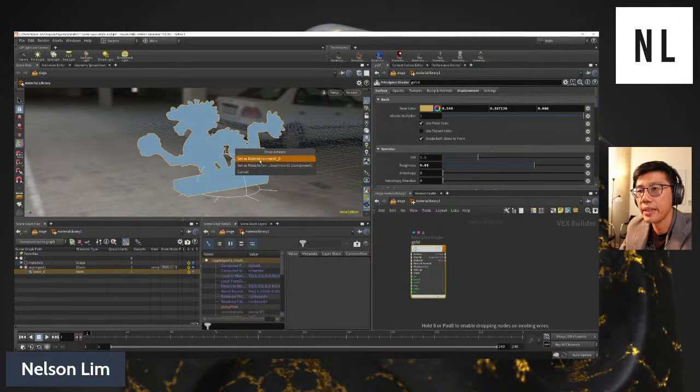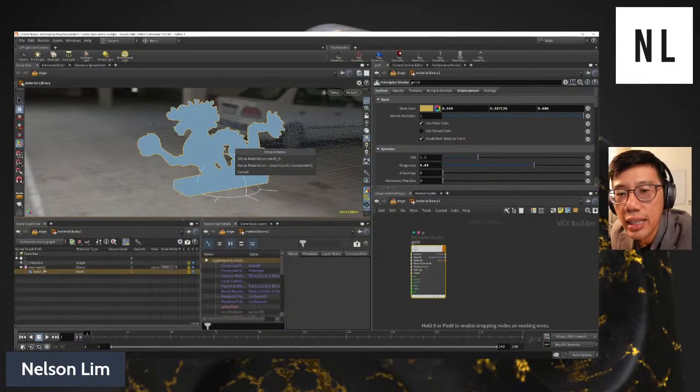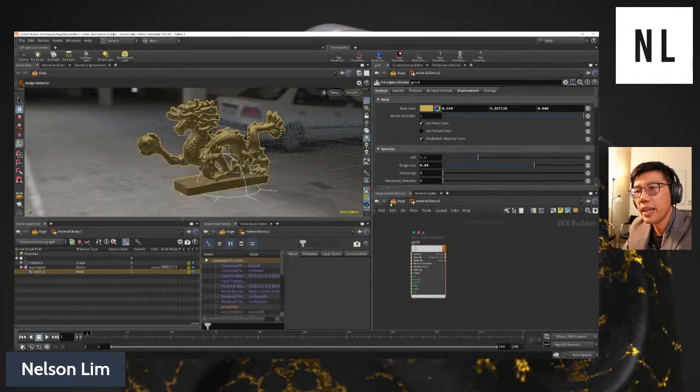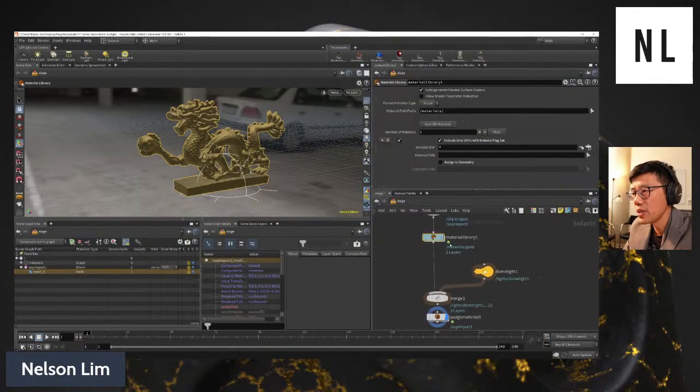And you can assign, set material on mesh 0, or you can set the material on SOP import 1 component. So if you look right over here, the compose scene graph, there's mesh 0, and mesh, you can think of it as the actual geometry, the primitives, and the SOP import is sort of, if you're familiar with Maya, the transform or the group right above it. So you can choose either. Let's just put it at the SOP import level, and there you go. We have it,